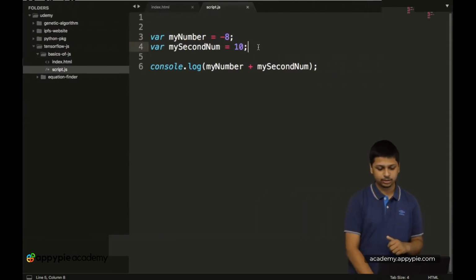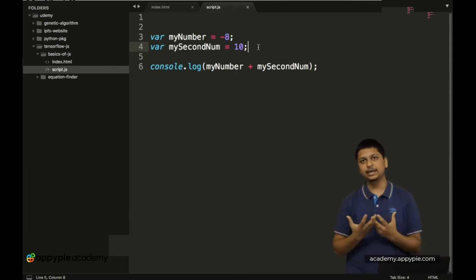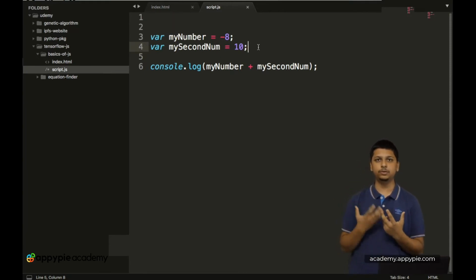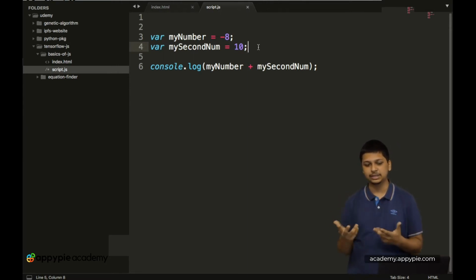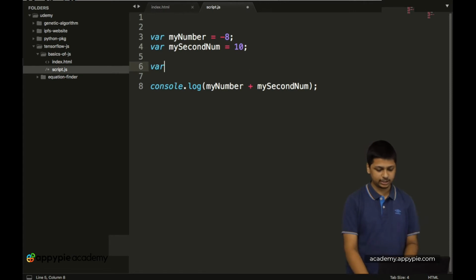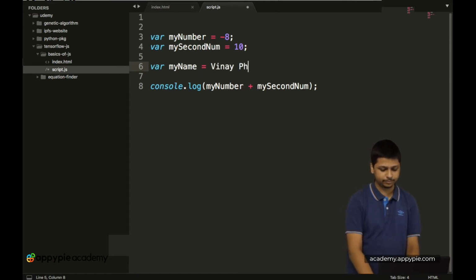Okay, now the second variable type which we want to study is strings, and these are also very important when you are dealing with JavaScript. Over here let's add another variable called var myName, and let's make this equal to my name, Vinay Fadnis.